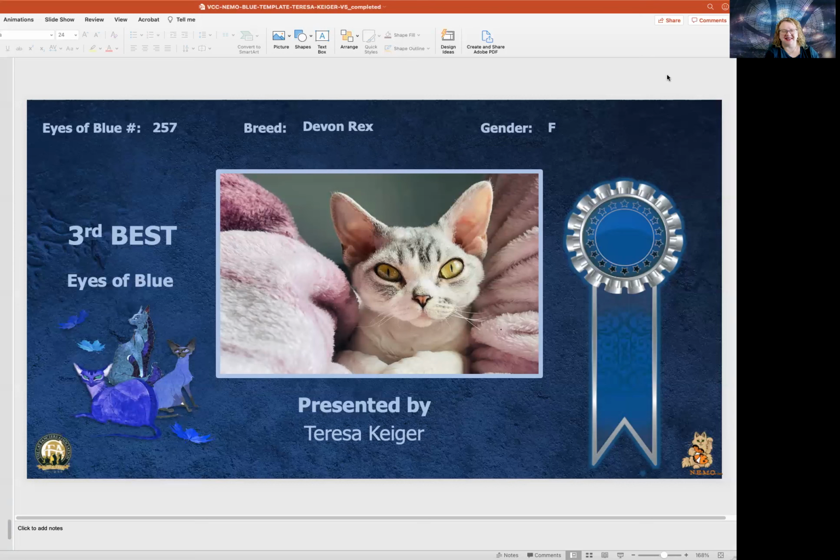It's hard to resist a Devon Rex. And the photos that really caught my attention were a couple of different ones of this cat, and it was again an abstract, very close up, and those gold eyes are very luminescent and draw you into